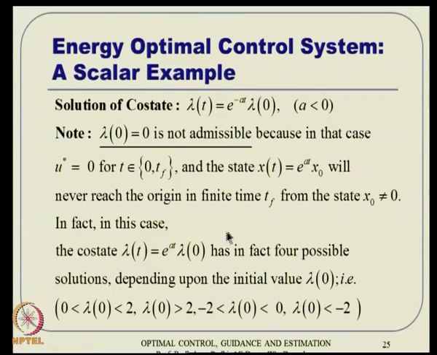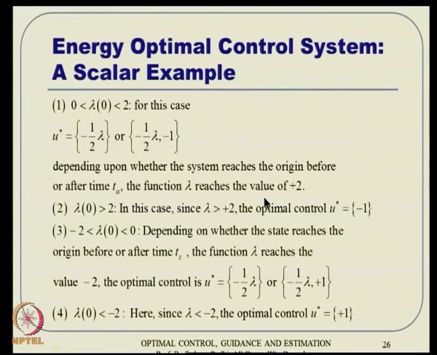Now, this solution is still valid, lambda t equal to e to the power At into lambda of 0, but it now has 4 regions actually. We have to talk in terms of lambda of 0 being between 0 and 2, or greater than 2, or between minus 2 and 0, or less than minus 2. The reason being, if it lies between 0 and 2,